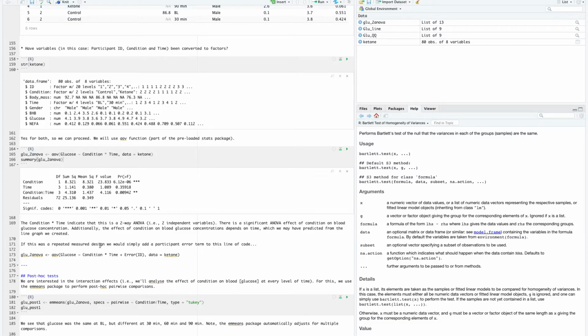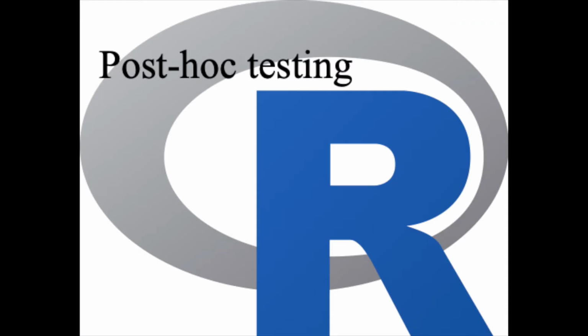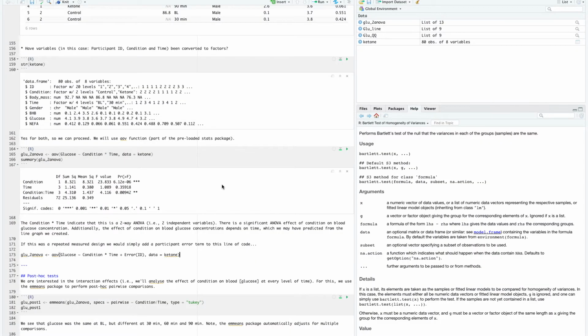All we need to do is take the code that we created above, but add an error value for each participant within the model. Having identified that there's an interaction effect between our two independent variables, condition and time, for our dependent variable, glucose, we would